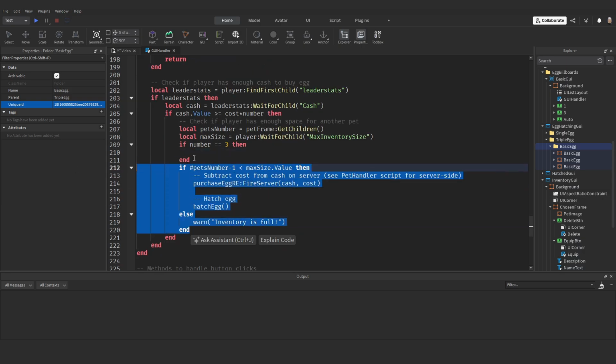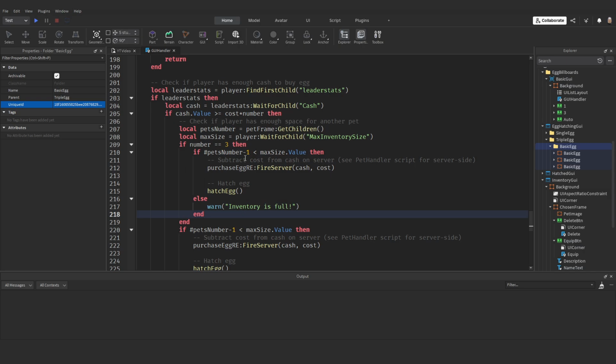So we'll copy all of this code here, paste it in. But if it's 3, we're going to check if the number of pets number plus 2. And this accounts for the extra 2 pets we are gaining, because rather than gain 1 pet, we're gaining 3 pets. So this accounts for the extra 2 we're gaining. Because normally we have to minus 1, but because we've got an extra 2 pets, we're essentially adding 3 onto it to get plus 2. And if this is less than or equal to the max size.value, then we